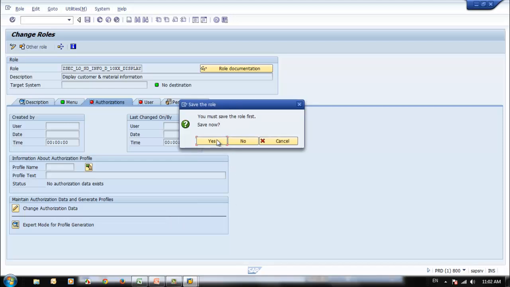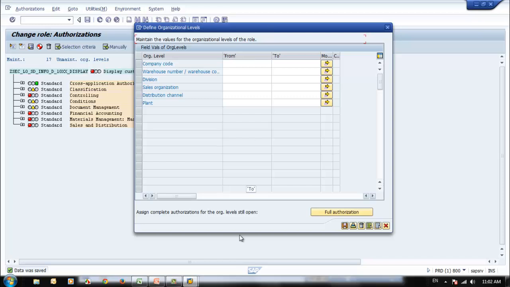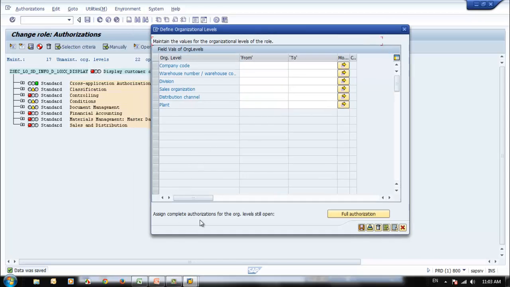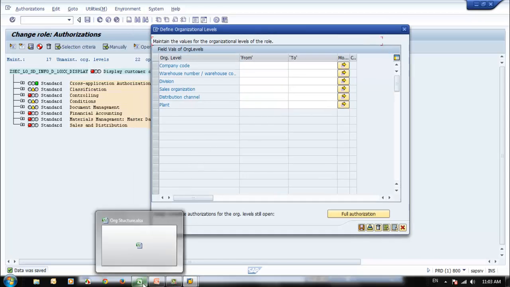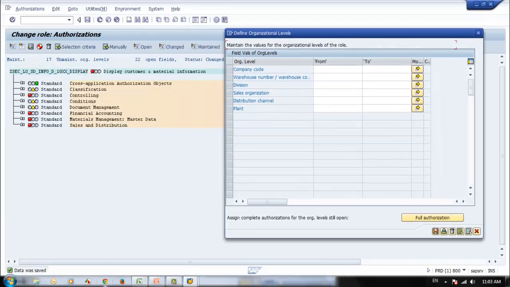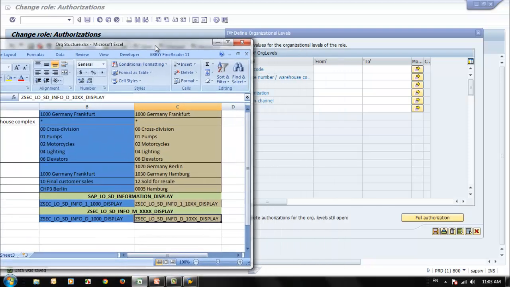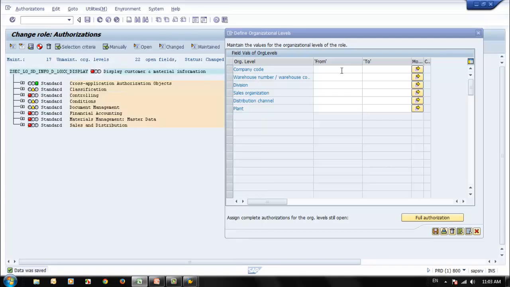So you wanted to save, yes, then I come here. Then let me put the org structure here, 10000200005. Okay,